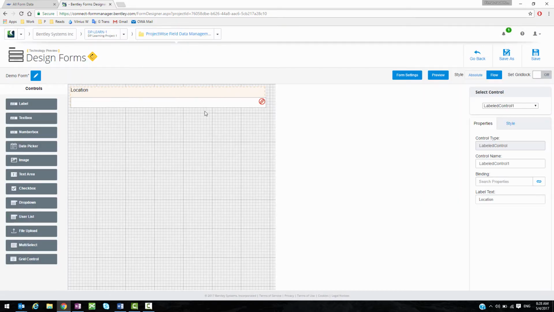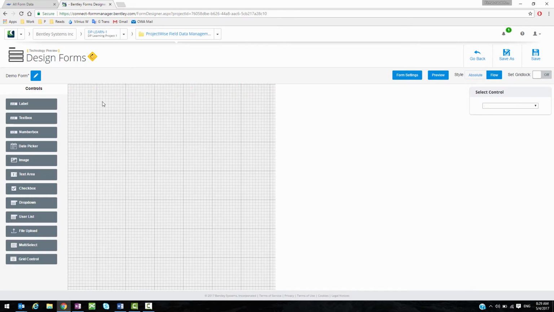All right, so another thing we may want to do is talk a little bit about the controls. So now when I have the control, I can do it all over again. So let's start designing the actual form. The first thing I want to do is create the label of the form. So I can put the label control, and I can say this is going to be my site diary form,